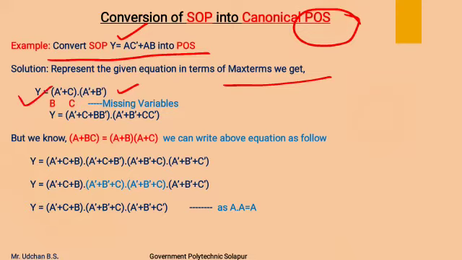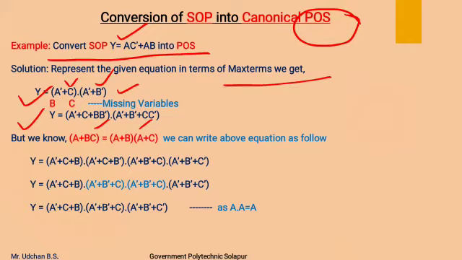Now after that we have to find the missing variable in each max term, that is sum term. In the first, A bar plus C, a B variable is missing. In the second, A bar plus B bar, a C variable is missing. So we are going to OR with the term which is formed by ANDing the missing variable and its complement. So the equation will look like this, that is A bar plus C plus B bar and A bar plus B bar plus C bar.